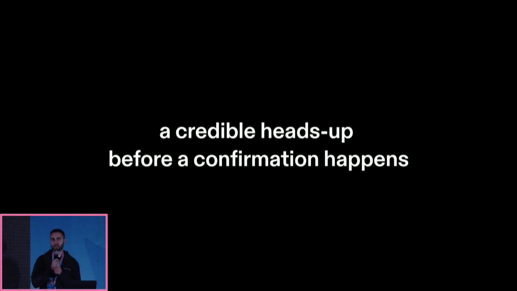So we published a research piece earlier this month that established a definition for pre-confirmations. And we define them as a credible heads up before a confirmation happens. And this definition applies to many things, not just blockchains. So when you order something from Amazon, for example, Amazon gives you a credible heads up before the item is delivered in your house. And that credibility is so powerful that you trust it, and you're better off not second guessing Amazon's heads up that some pack of razors is going to be at your house. And ultimately, you don't care about whether USPS is delivering the pack of razors to your house or somebody else.